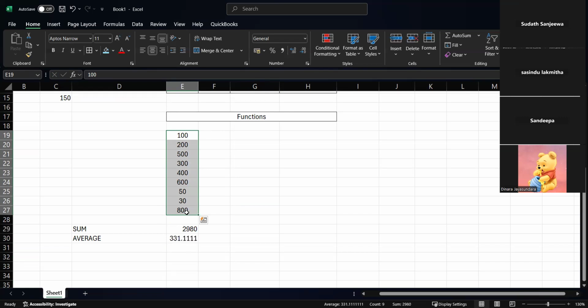Minimum value කියන්නේ අඩුම value එක මේ cell range එකේ. අපි හිතමු there are thousand number of data in this sheet, right? From the 1000 numbers, you have to find the minimum value. So it is difficult to find one by one and select the minimum. Instead of that, there is an easy way to find the minimum from the cell range. How to do that? So I am going to put the minimum to this cell,